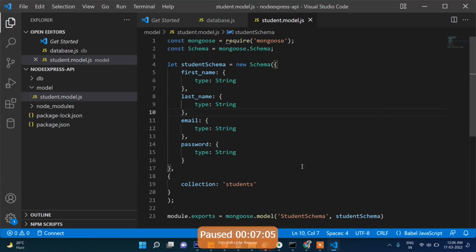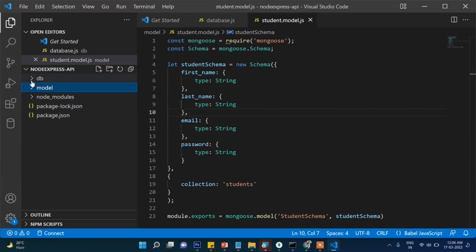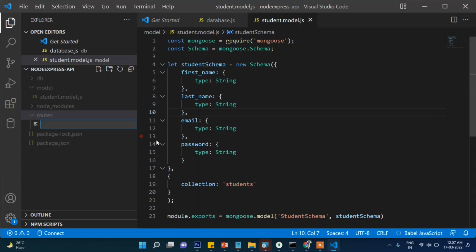Now let's create another folder called routes here, because we will write the routes, that means the API endpoints, inside this. So let's create a file student.routes.js,